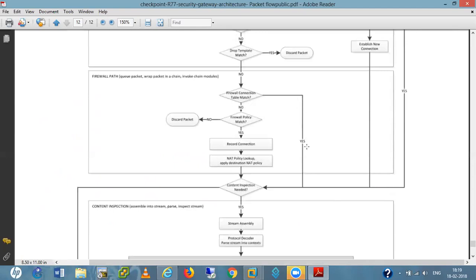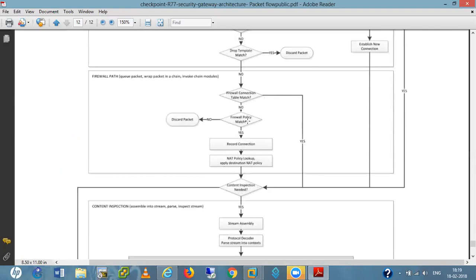If the connection table is matched, then basically it bypasses these things, firewall policy match, record connection, NAT policy lookup, and directly goes for content inspection. If the firewall doesn't have a connection entry for that, it means it's a new connection. Then it does the firewall policy match.